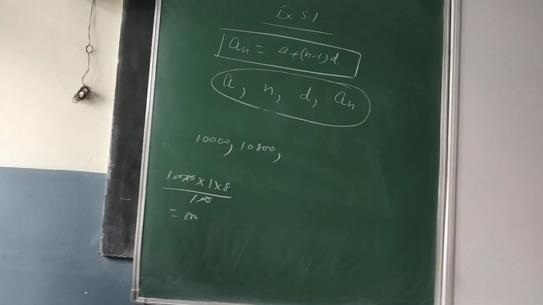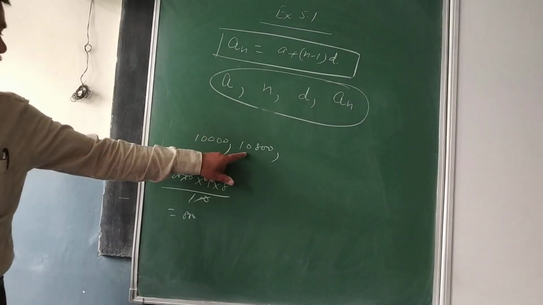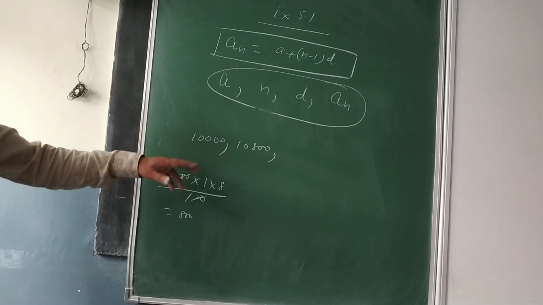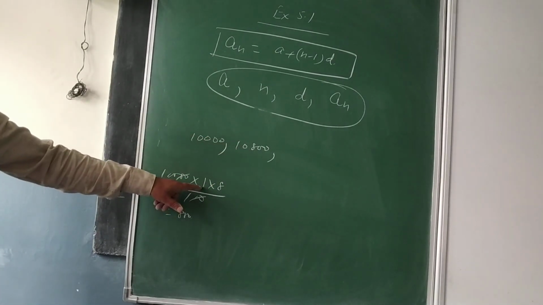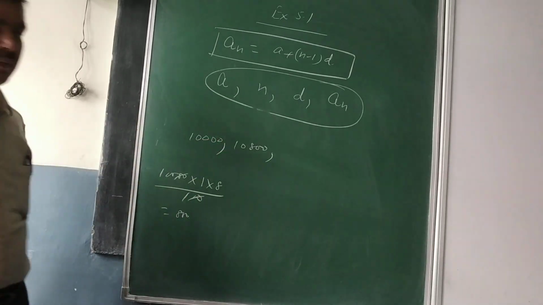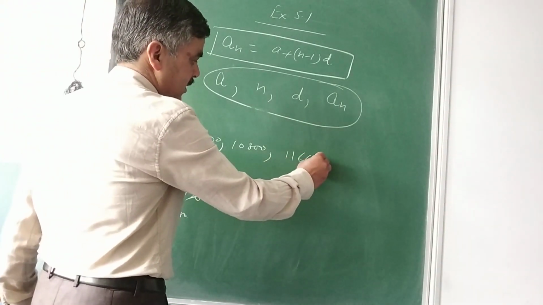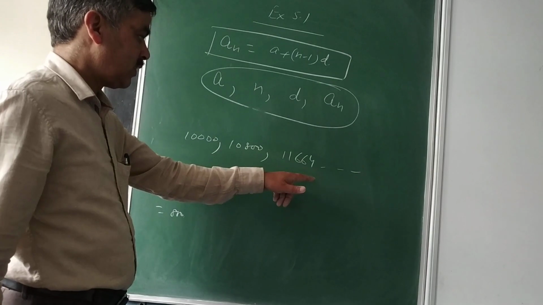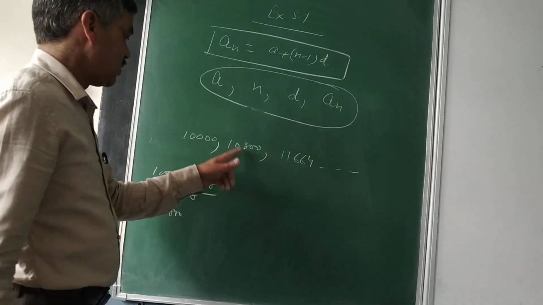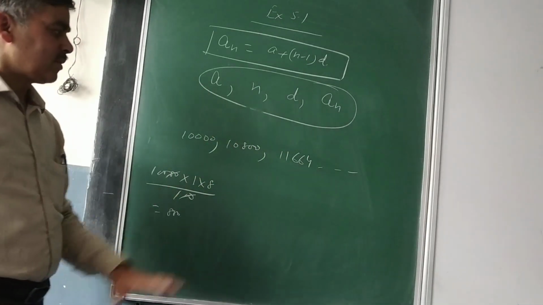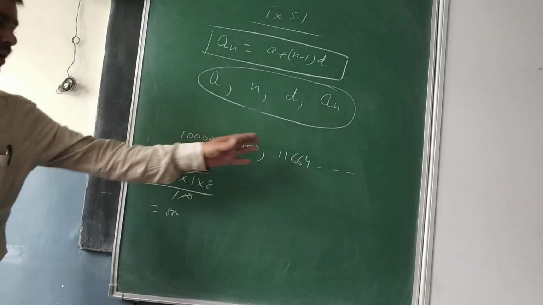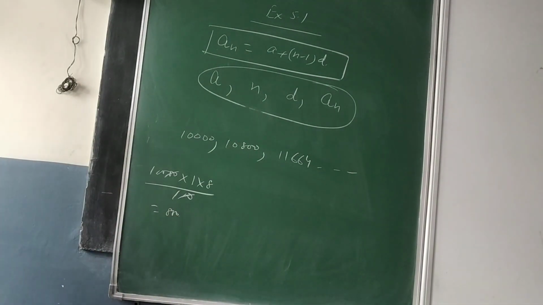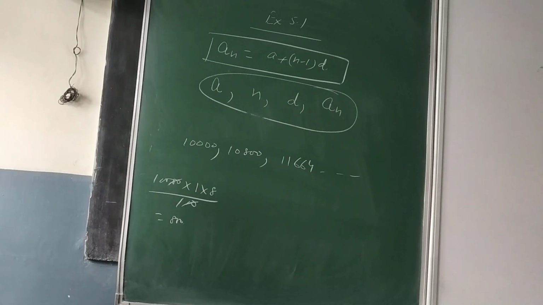So if I keep on adding the 8% rate, I have to replace 10,000 by 10,800 for the second year, but that is fixed for 1 year only. So my amount will come to somewhere around 11,664 and so on. Now for the third year the principal will be this, time again 1 year, rate again 8%, and keep on checking. Now again you see, second minus first will not be equal to third minus second. So then again you can say the given progression is not an arithmetic progression.